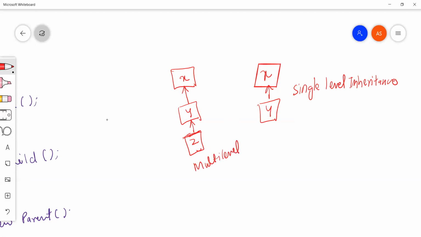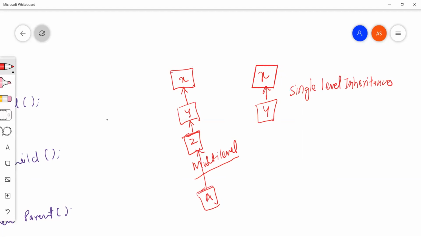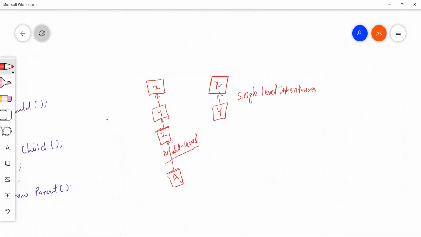And it can go much deeper. Like there might be a class, let's say, A, which is extending this Z. So we can go much deeper in this. This is called multi-level.